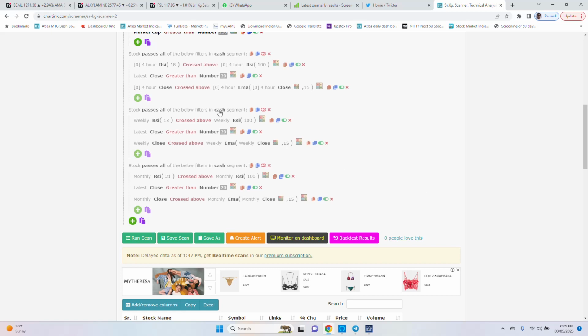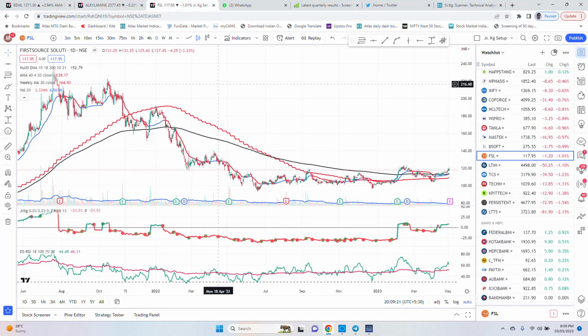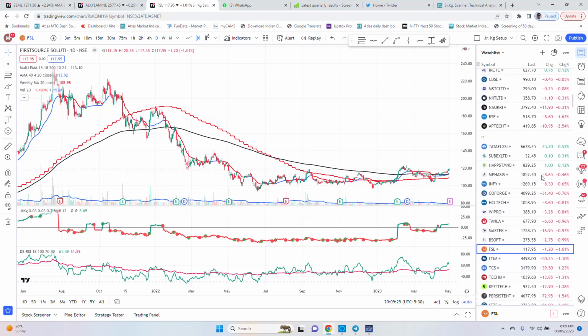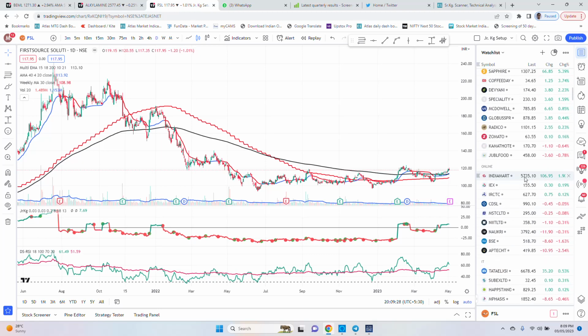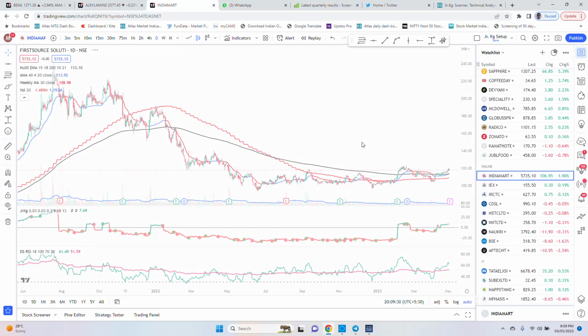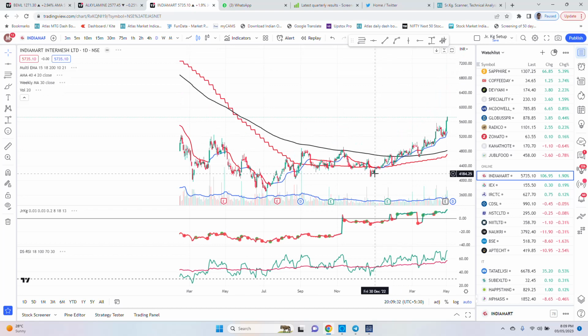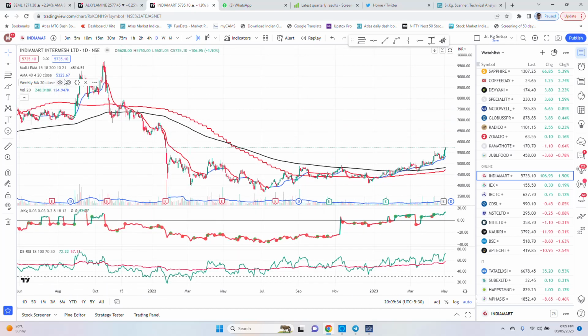So, just wanted to make one small video on stage analysis. This is something I recently saw, so I thought I would share it with you, group members. In fact, I have already shared this in my previous video, and I have shared a chart also. But once again, I just wanted to make a small video and explain how you can do the stage analysis of any stock with the help of